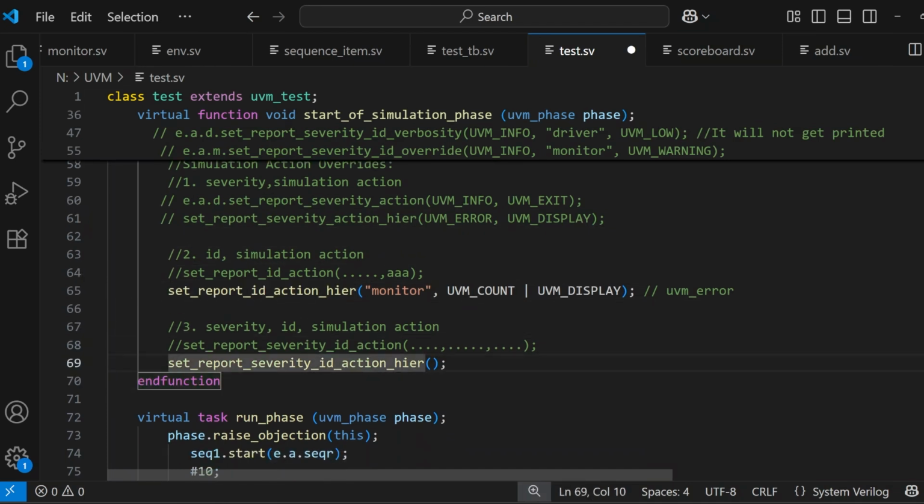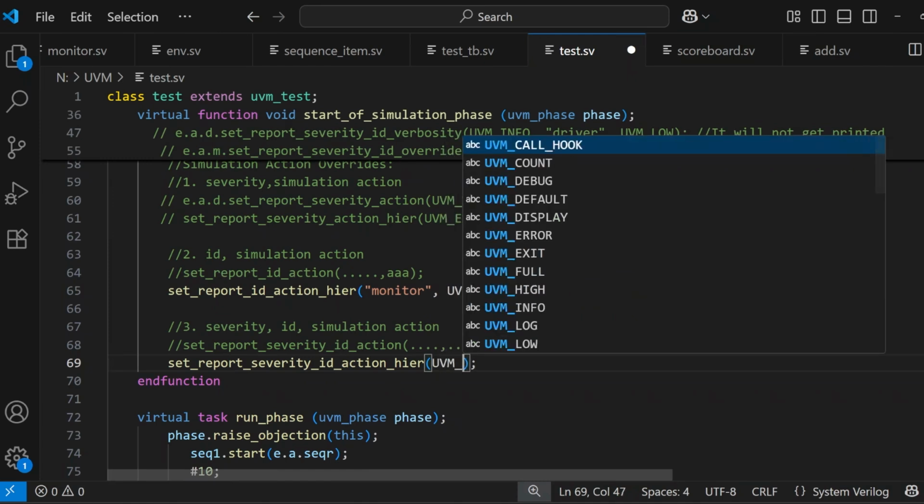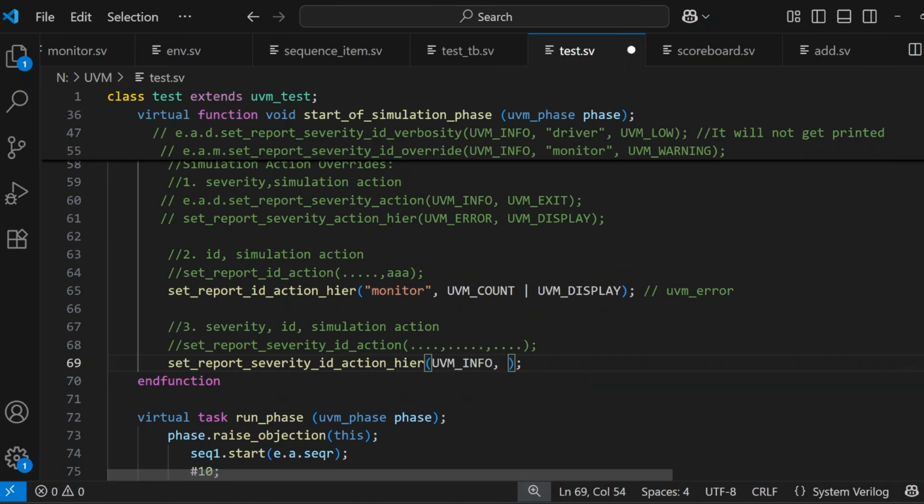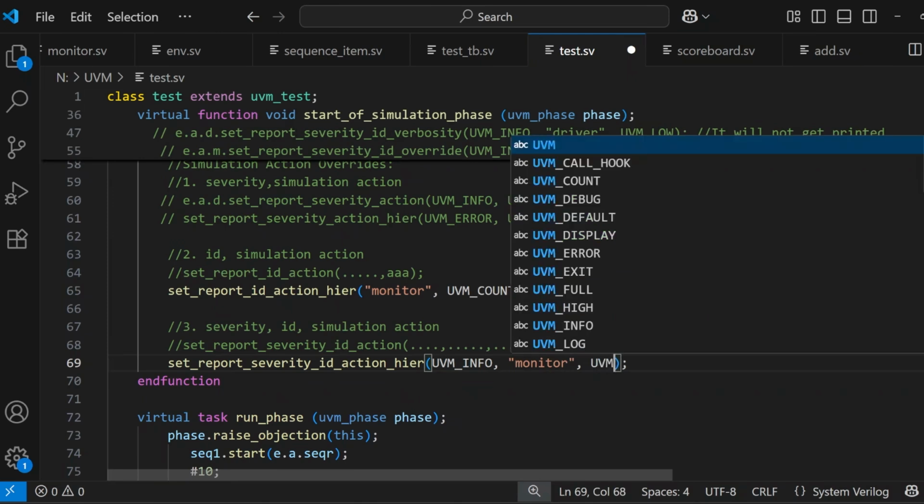So let's just target the same ID, just to make clear that this will take precedence over this one. So the desired severity is going to be UVM info, and the ID is going to be monitor, and the simulation action will be